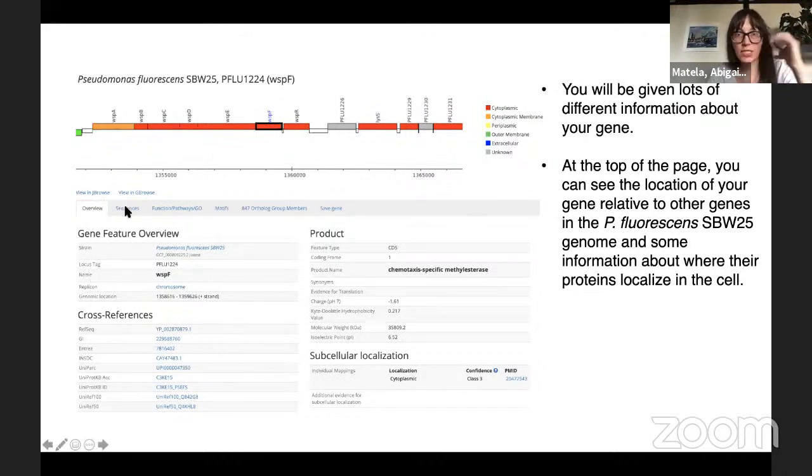You can click on sequences and look to see how long the DNA sequence is and the protein sequence. Functional pathways are interesting because they tell you what's predicted for the protein to be, what its predicted function is. And another thing that's important for more than half of the mutants that you have to analyze: they don't give you a name for the gene that was mutated,